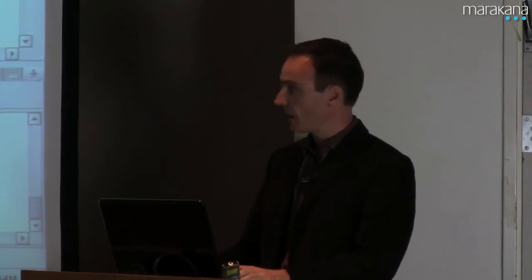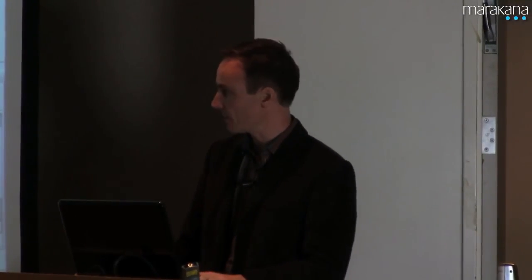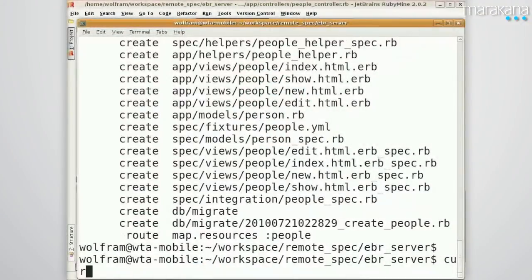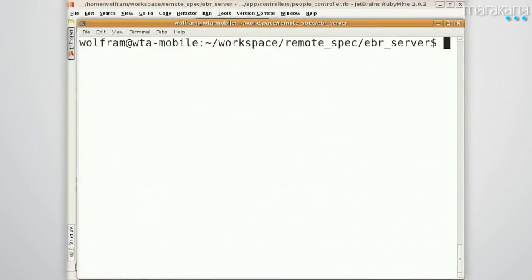What I want to do is experiment with the technology. What comes to mind is the script console in Rails, or in this case, I can just use the command line for the server. So I'm at the server here. Now I can use the curl command. Let's clear this. So curl is a way to talk to a URL. So I can just say